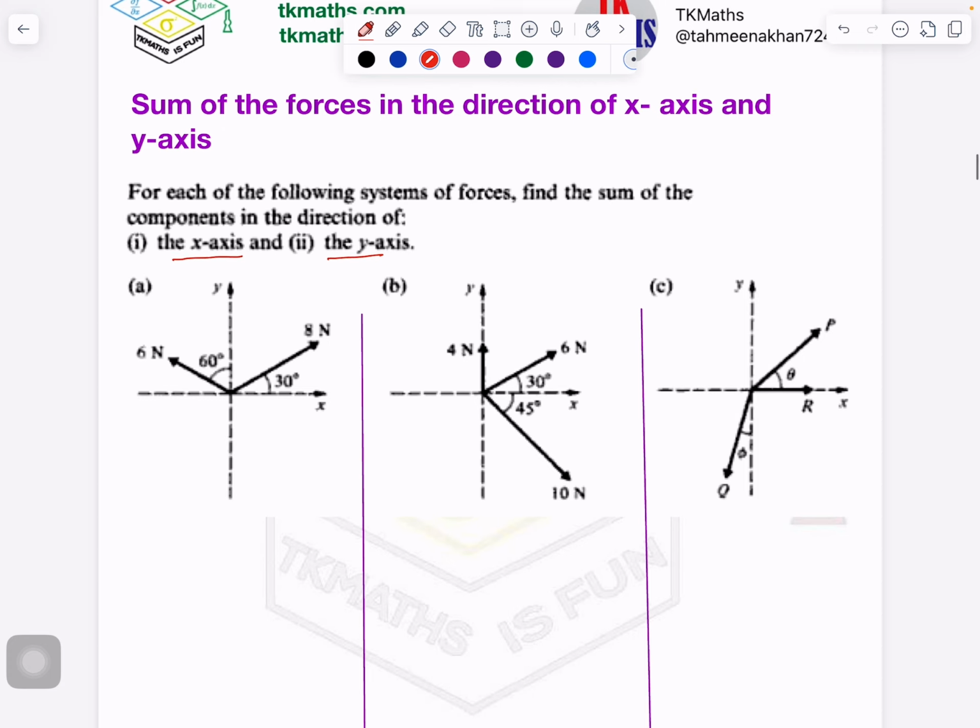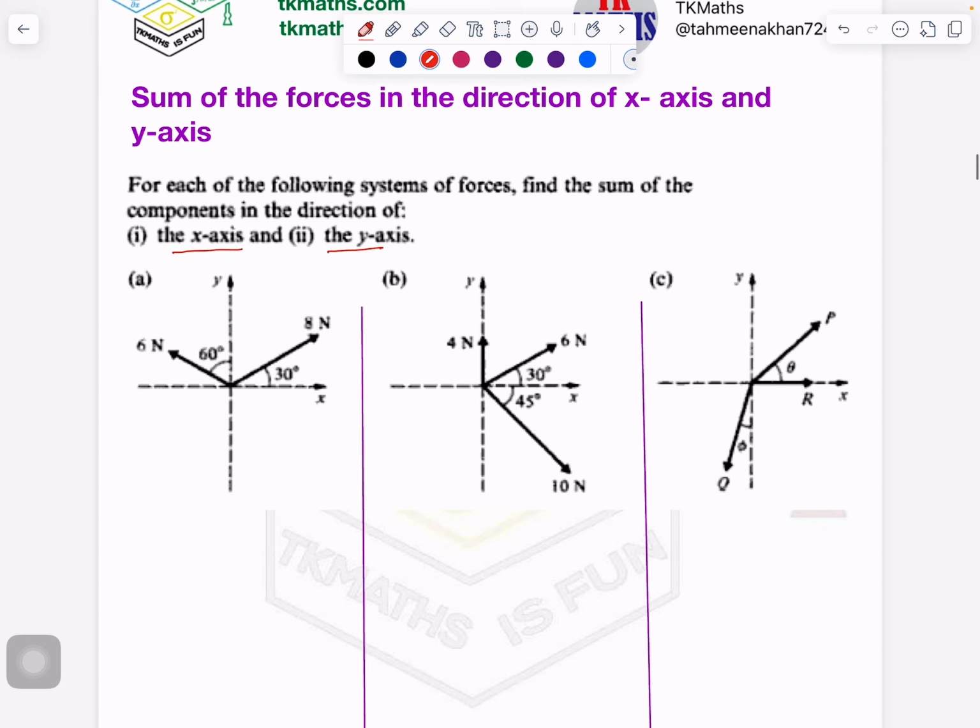So if I see here, first of all, I have to resolve it. So if I resolve this 8 Newton force, I'm doing it here with red color. So this part will be 8 sine 30 and this will be 8 cos 30. In the previous video, I have already explained to you how we are doing this. And the 6 Newton force in part A, if I resolve it vertically and horizontally, so this one will be 6 cos 60 and this is 6 sine 60, right? So now if I see the sum of the forces in the x-axis direction,